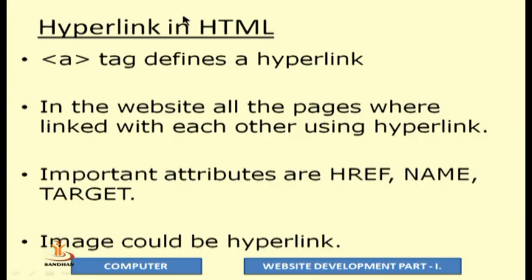Now, a hyperlink in HTML, you can write through the tag that is A. A is actually short for anchor. So A is a tag. The A tag defines a hyperlink. In a website, all the pages linked with each other are using hyperlinks.